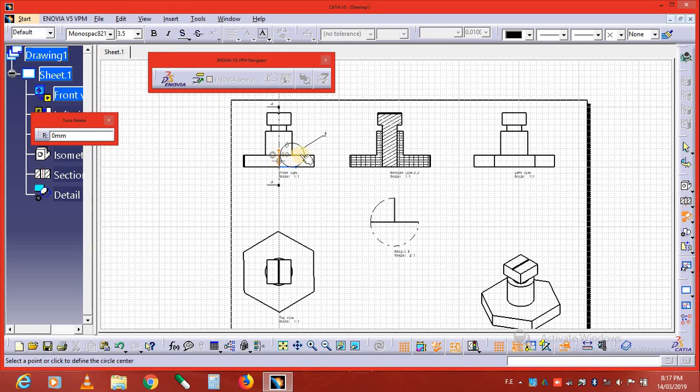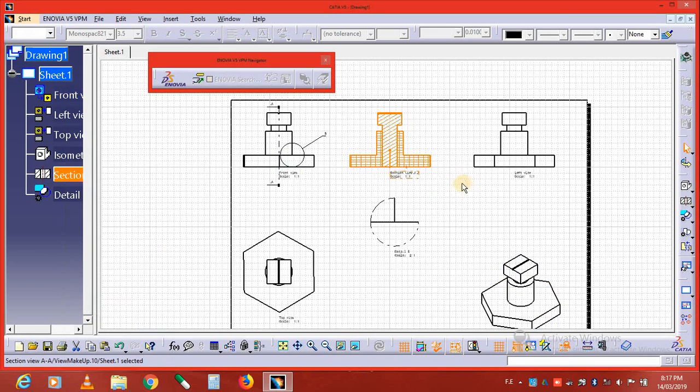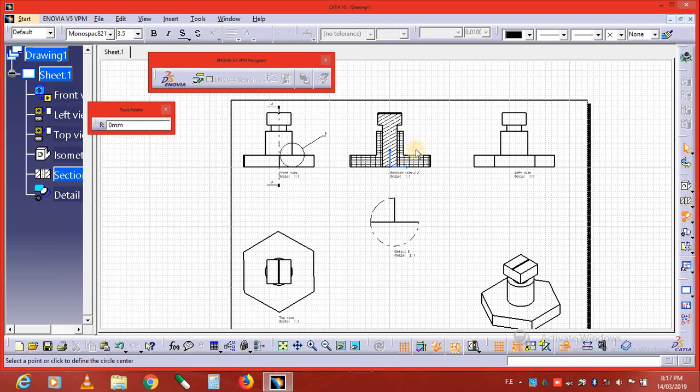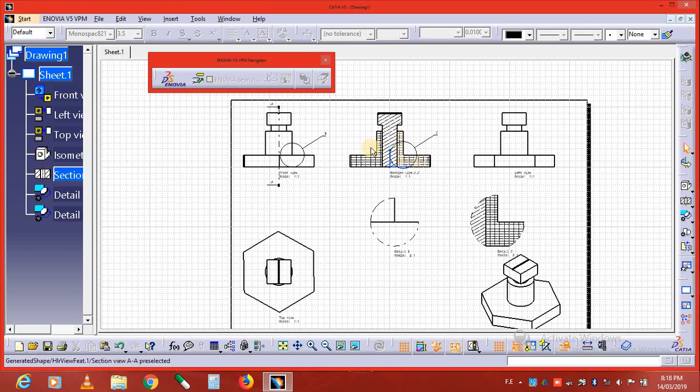Sorry, these are not activated views. So going to deactivate the command, and going to the isometric view, top view, and sectional view. This is highlighted, see the highlighted view, and activate this, and this axis will become in this position. So going to the detailed view and making a circle there, and plus here,